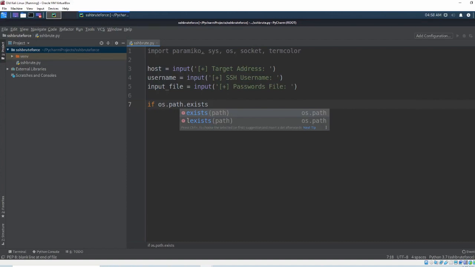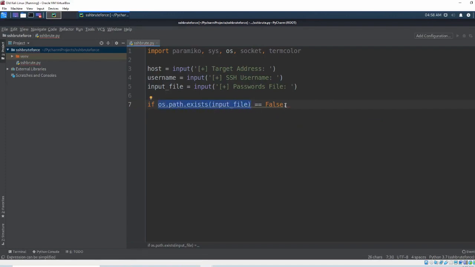So os.path.exists, and in the brackets we specify the actual path to the file. In our case that will be input file. And if it equals false, since this function will return true or false, true if the file exists and false if it doesn't exist, then in this case, if it doesn't exist, we're going to print